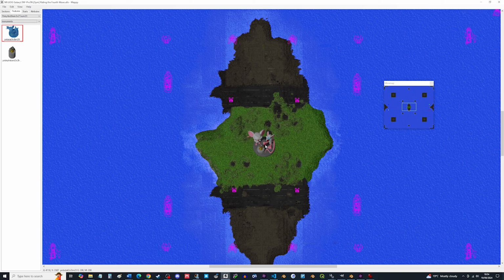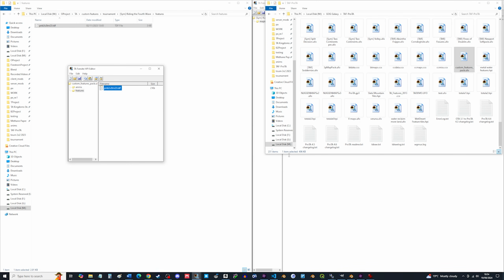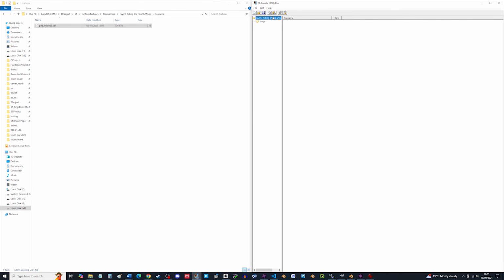And then if you really wanted people to have them as part of the map, say you're uploading it to TAF, what you can do instead is just make them part of your map. It's exactly the same process. You could open up your map in the .ufo folder for the map, and then you do the same again, anims, features, and then you just drag in the respective files, so the .tdf into the features one and the .gaf